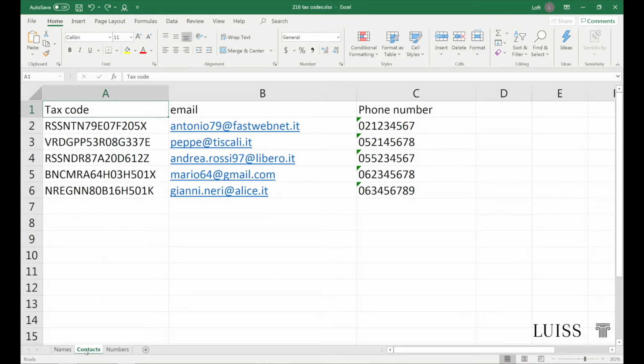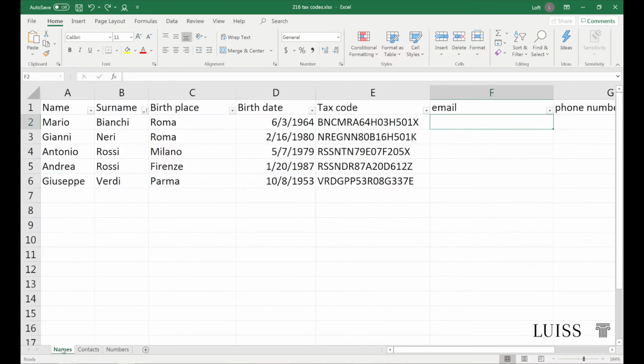The unique key to use is clearly the tax code. Even if the surname column were present in the Contacts sheet, since there are two Rossis, searching for the surname would not be effective, because Excel would always and only consider the first of the two Rossis found. The function to be used is VLOOKUP, and, upon moving within the first cell of the Names sheet that you